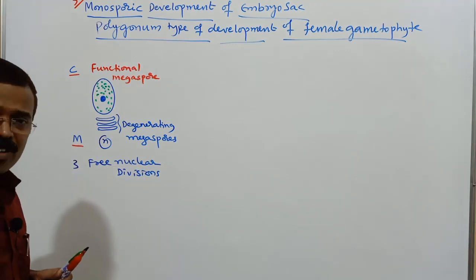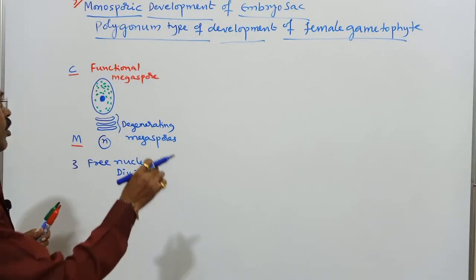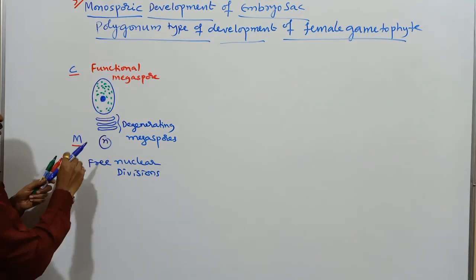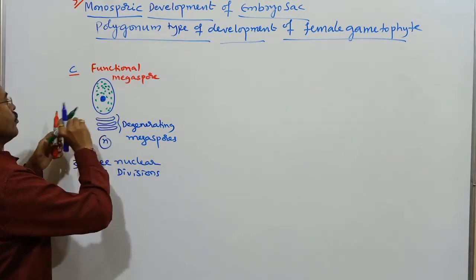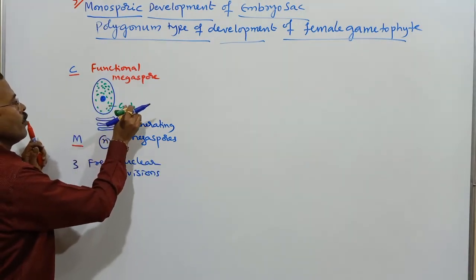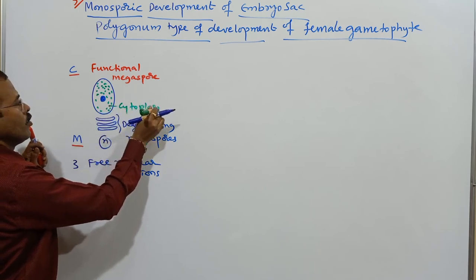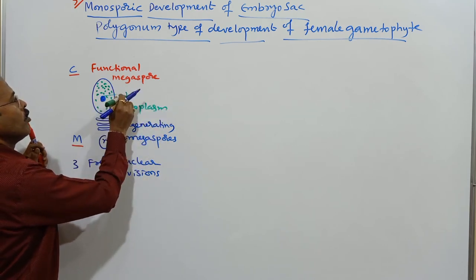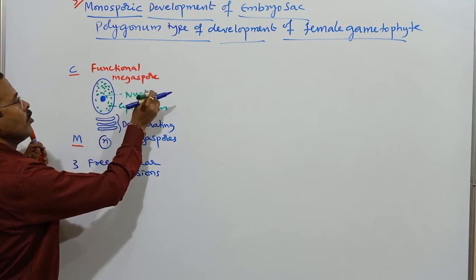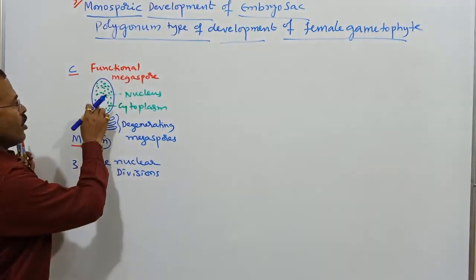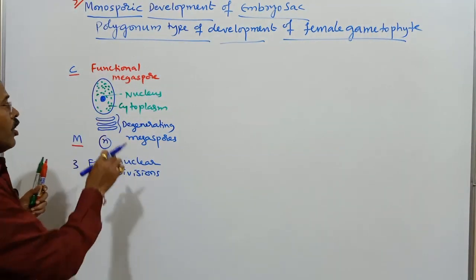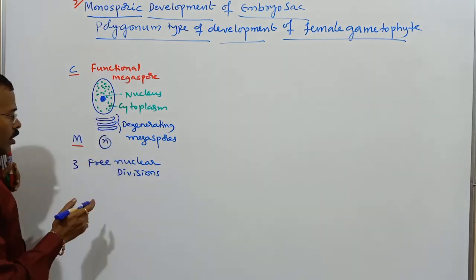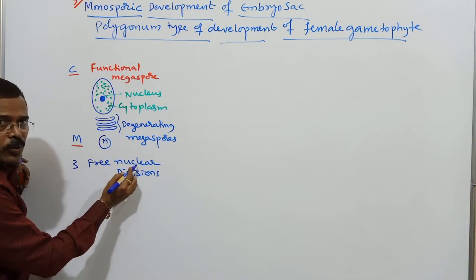That means each nuclear division, this is the nucleus, it possesses dense cytoplasm and a prominent nucleus in this megaspore. So it undergoes 3 free nuclear divisions, means